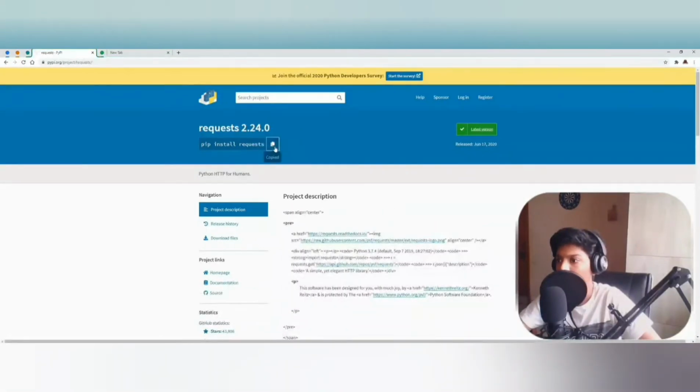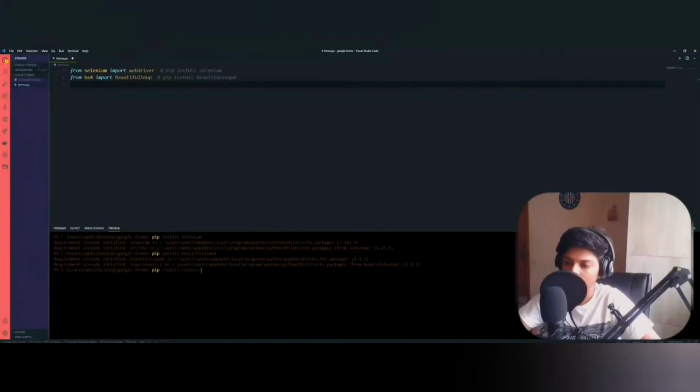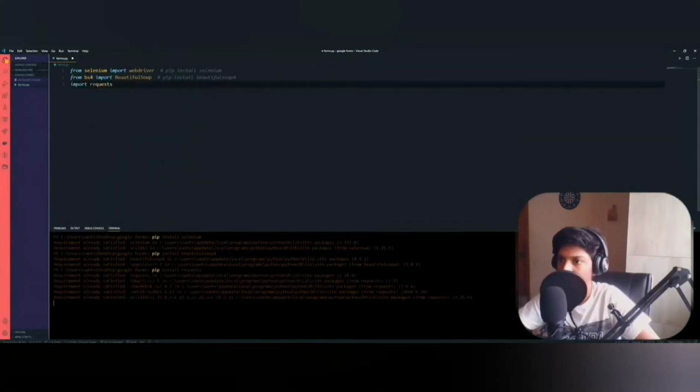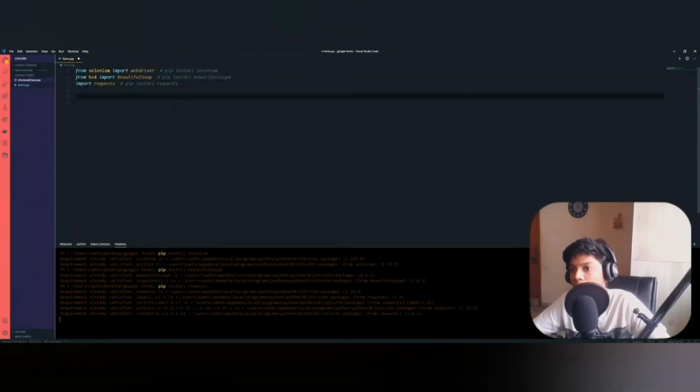In most cases it's pre-installed, but if you don't have it, you can use this command to install it. So you can just say import requests. So now we have installed all the required modules and drivers. Let's get started with our automation.